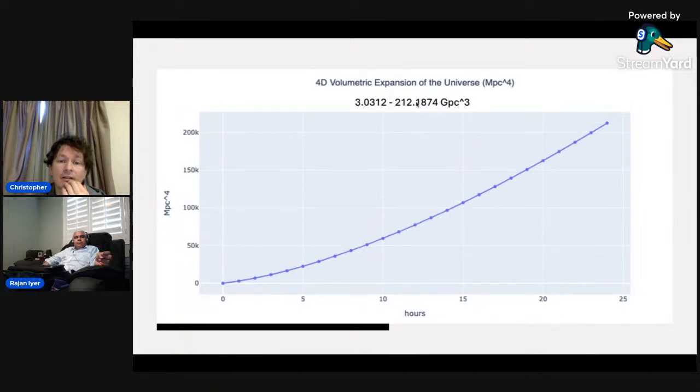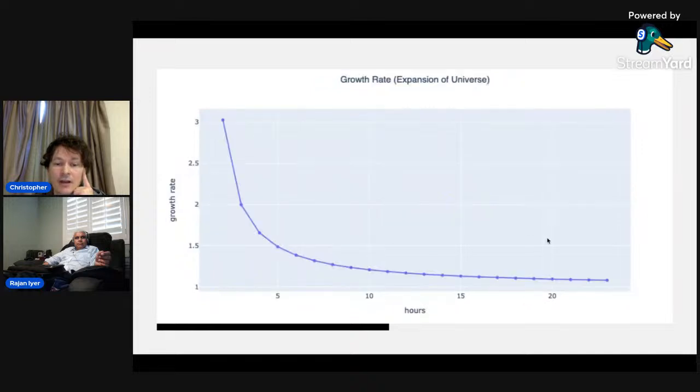And then the volumetric expansion would be 3.03 gigaparsecs cubed to 212, roughly, gigaparsecs. So we can see that the trends are the same in each graph, and that's to be expected because it's all just based on the scaling factor. We can also calculate the growth rate by different means, which gives us a different type of curve, which shows that within the first 24 hours, there was greater expansion at the beginning and kind of tapers off towards the